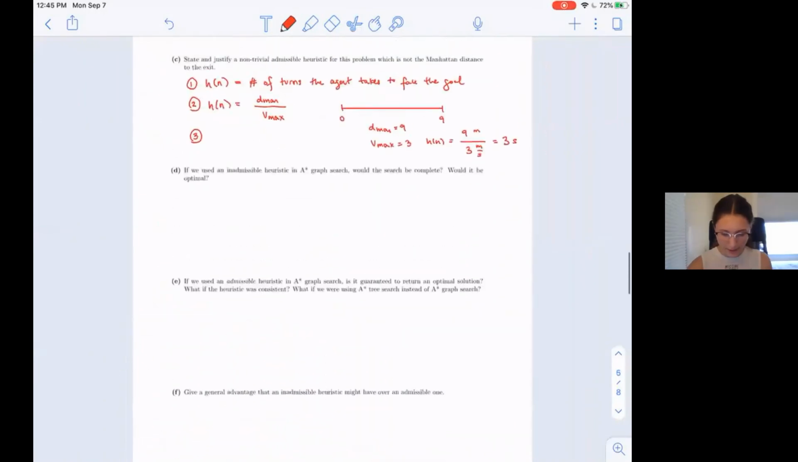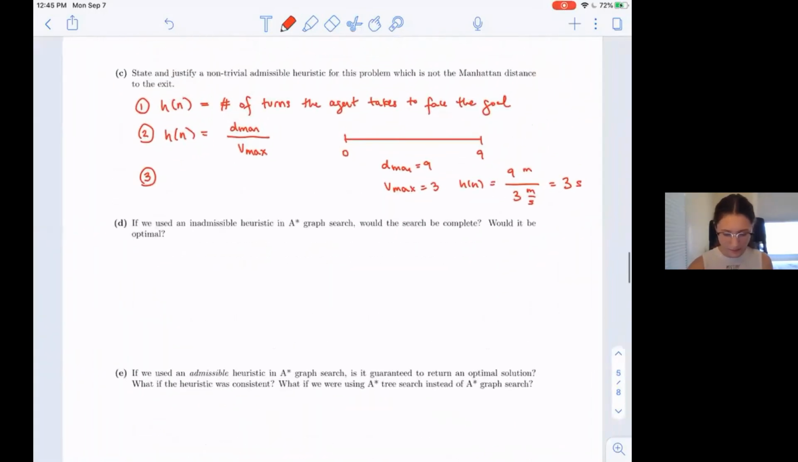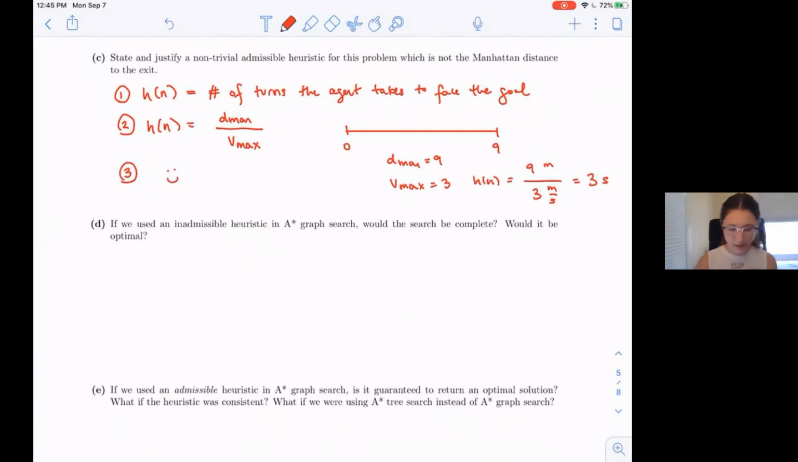All right, let's take a step back here. So we finished this one, and now we can move on to part D. In part D, we are interested in answering the question: if we use an inadmissible heuristic in A-star graph search, would the search be complete? Would it be optimal? So in this case, if the inadmissible heuristic